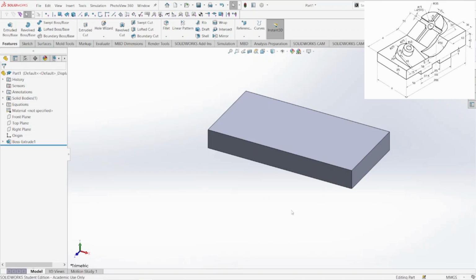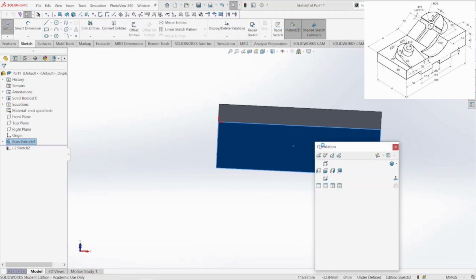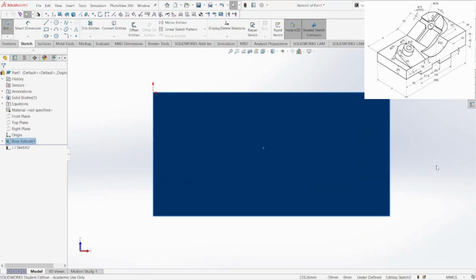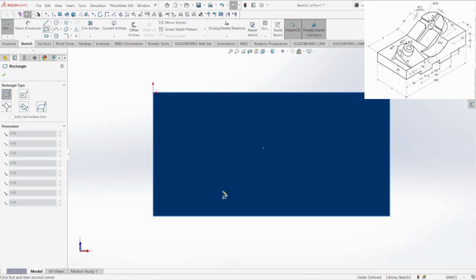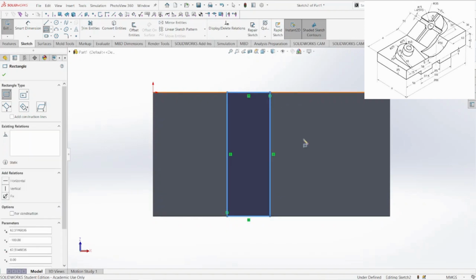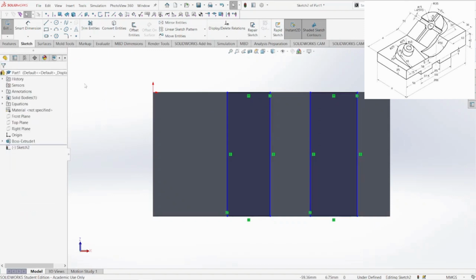And then I will go to the surface here, right click on the surface, normal to, and I will create two rectangles here. And then put the dimensions as in the drawing. So here the distance is 50,